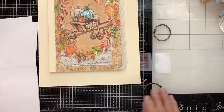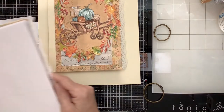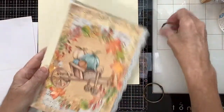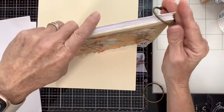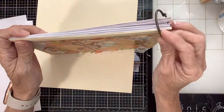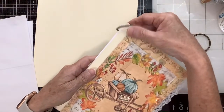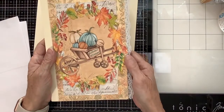And let's see, how many pages do I have pulled out here? I probably can get away with the 1 inch, but maybe, I don't know. I'll probably be able to get away with the 1 inch. Yeah, I think the 2 inch might be too big, but we can decide that at the end of the journal as to whether we'll use the 1 inch or the 2 inch. Okay, so